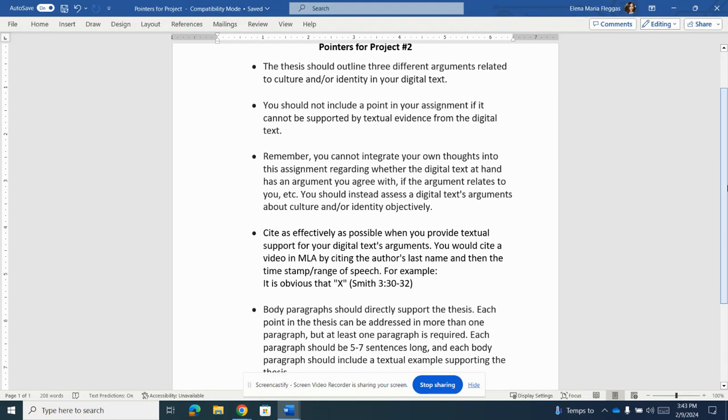Your thesis for project 2 somewhat mirrors all the other thesis statements we're going to complete in this class, in that it needs to have 3 points. It needs to outline 3 different arguments that relate to culture or identity, or both, in your digital text. So it's imperative that the thesis itself has to do with the digital text and what it argues, not what